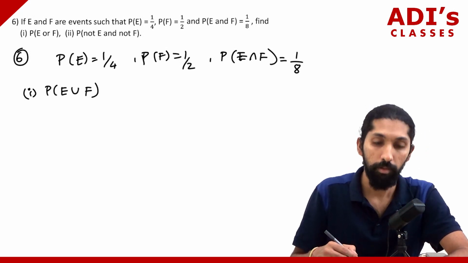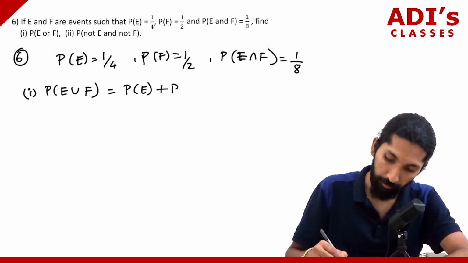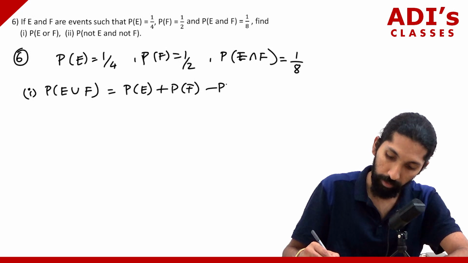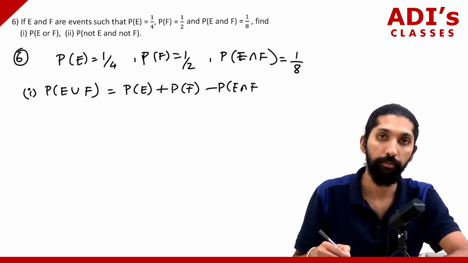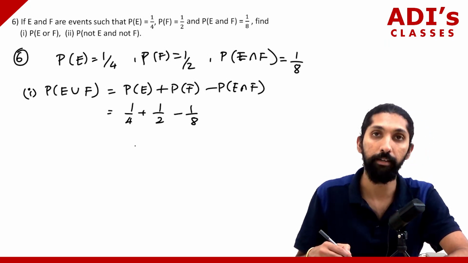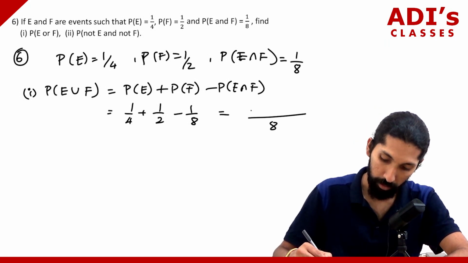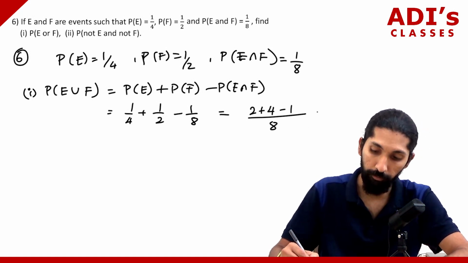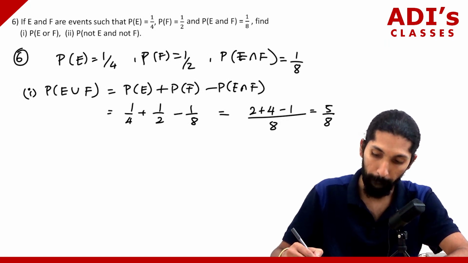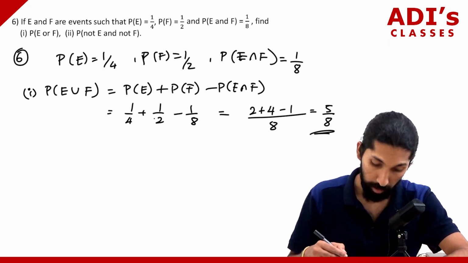Very, very simple. Formula is what? P(E) plus P(F) minus P(E intersection F), which is going to be 1 by 4 plus 1 by 2 minus 1 by 8. Or you can take 8 as the LCM, which you're going to get as 2 plus 4 minus 1. 6 minus 1, 5. Answer is 5 by 8. So answer for the first one is going to be 5 by 8. Very simple. Second one,